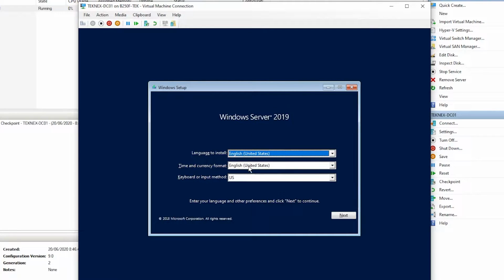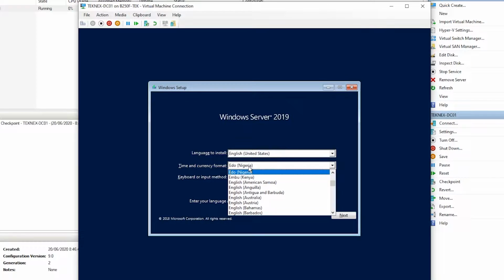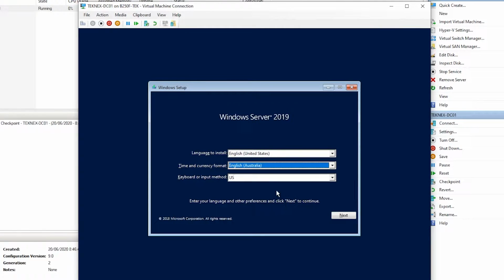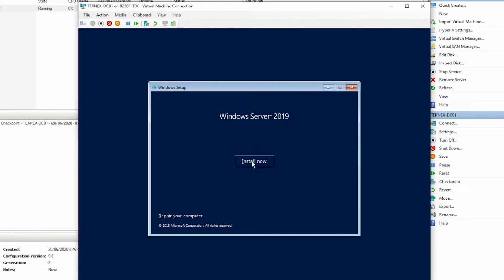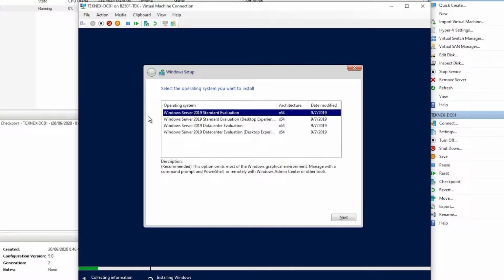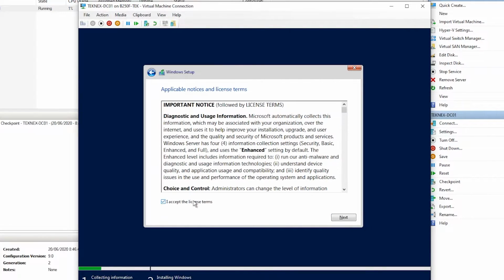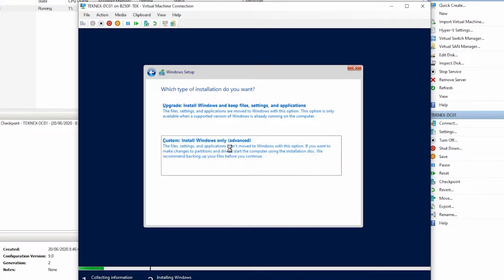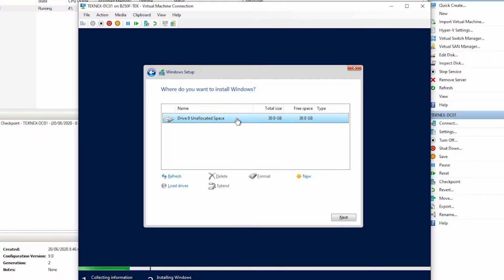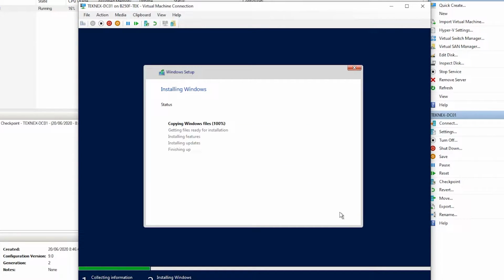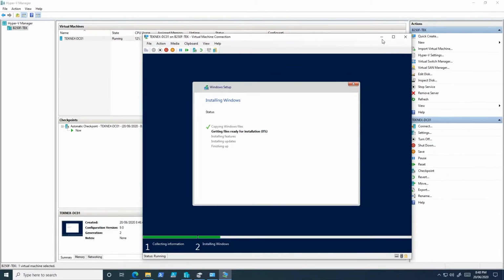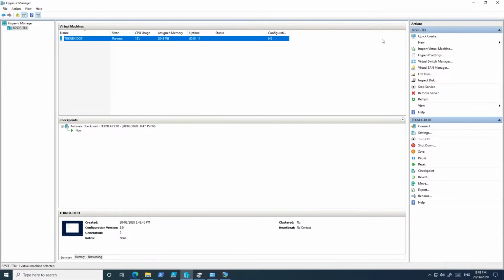Alright, so language, time and currency, just select all these options, and once you're happy with it, click next and install now. Alright, so I am going to pick standard evaluation and desktop experience. Click next and agree to the license, next, custom, and this is the drive where we are going to install our Windows Server for our domain controller. So click next. Okay, while it's doing its things, I'm going to minimize this and let's create our second